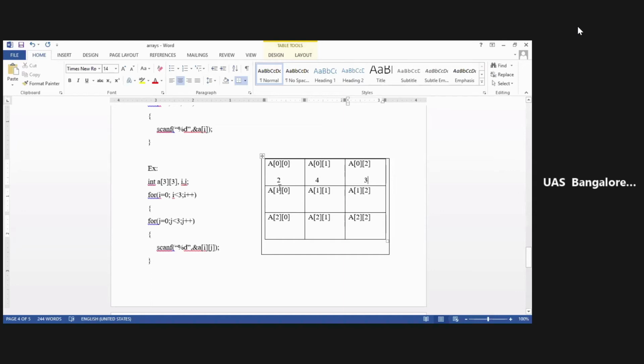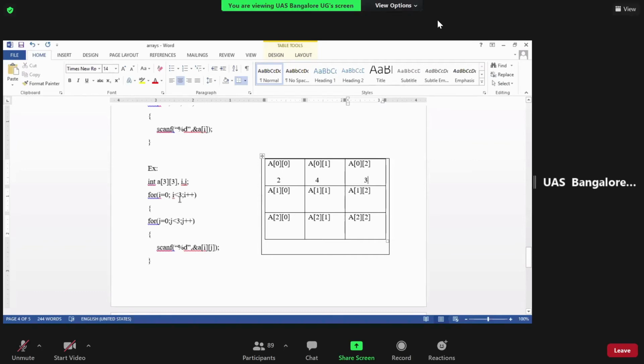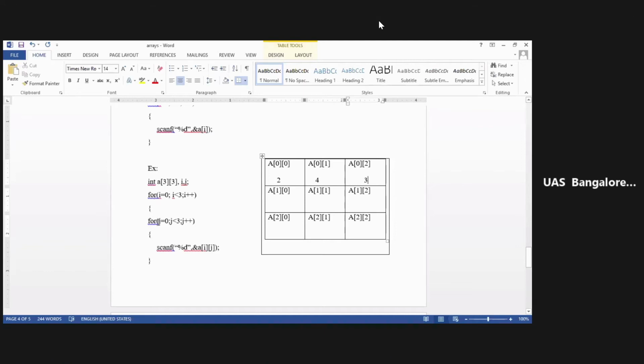So initially i was 0, so i will be incremented. At that time it will just check here. Correct? So i will be incremented, i will become 1. Is 1 lesser than 3? Yes, 1 is lesser than 3. That time again we'll just enter here. Now again we'll enter starting fresh, so it will start from j is equal to 0 itself because it is starting fresh.